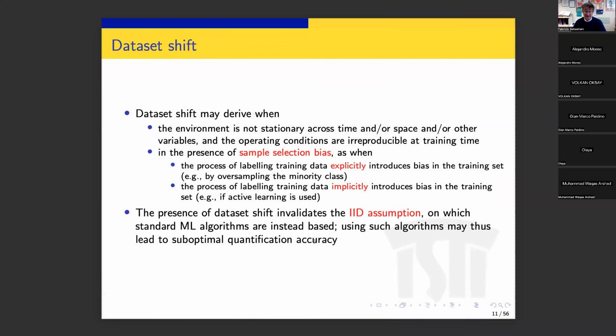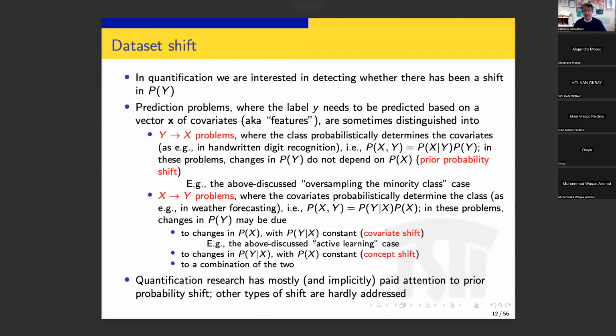And the IID assumption is an assumption which underlies all standard machine learning algorithms. So this means that using, say, a classify and count algorithm, which is based on this assumption, may lead to a quantification accuracy that is not optimal and that is indeed actually poor. So again, on dataset shift,